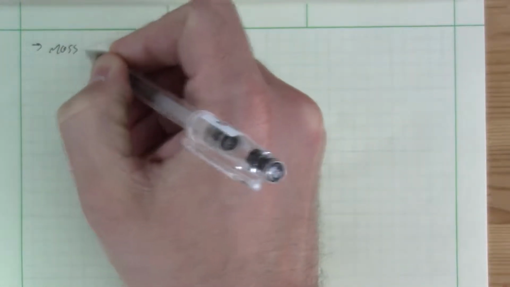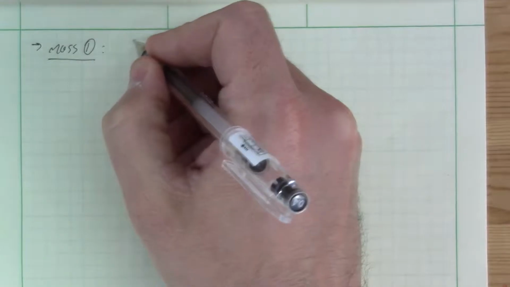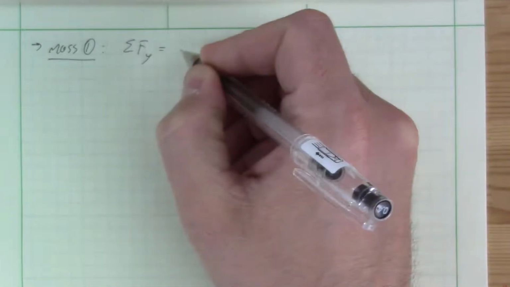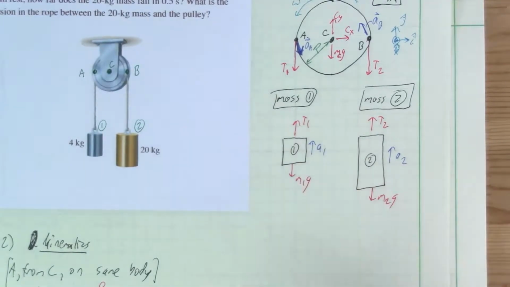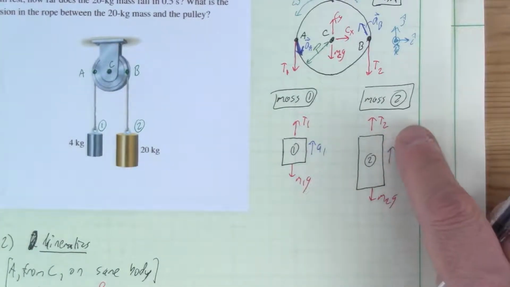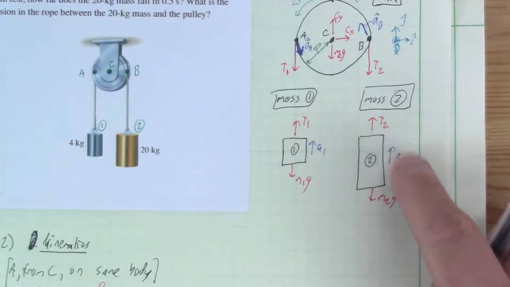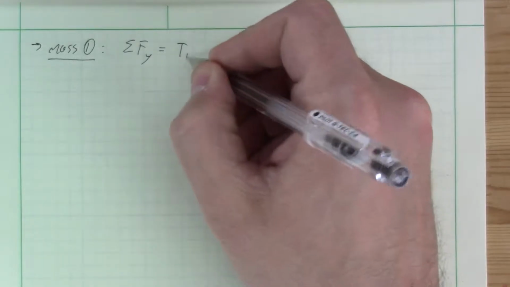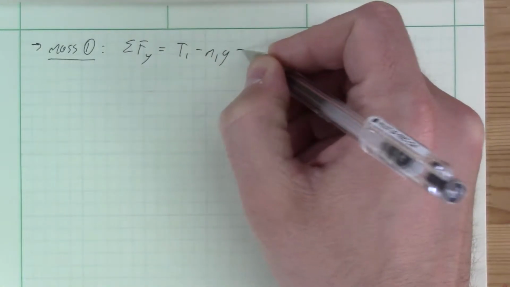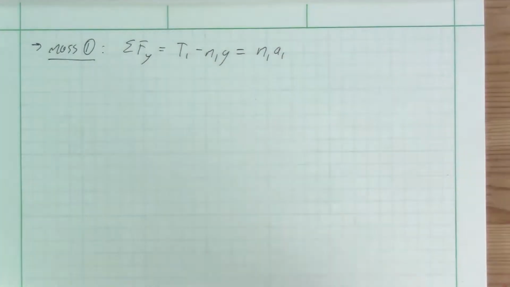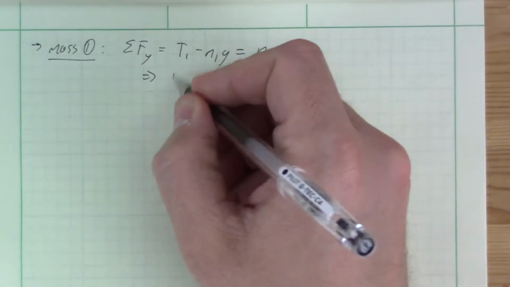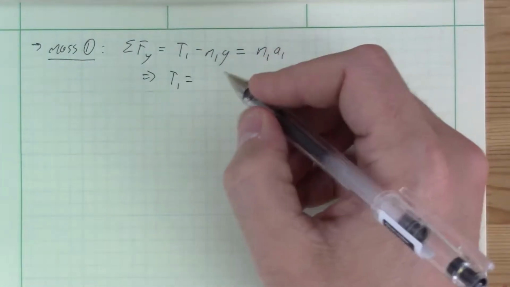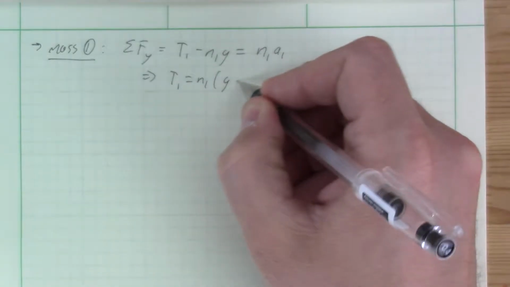Okay, so instead we dig into mass 1. It says the sum of the forces in the y direction acting on mass 1. We have T1 and m1g, and we have something very similar on mass 2, T2 and mass 2 times g. So T1 minus m1g must equal mass 1 times its acceleration. So therefore, T1 equals m1g minus